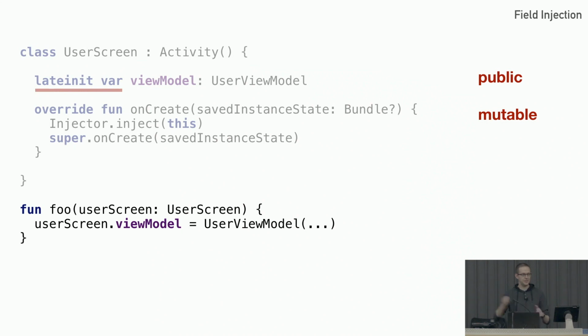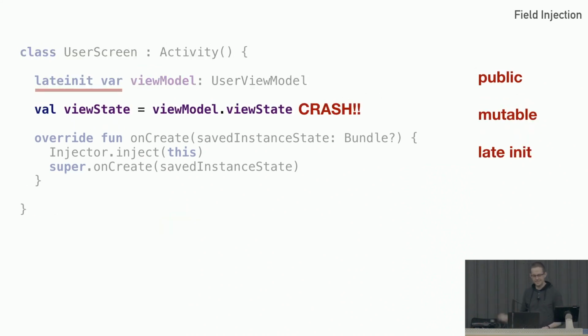Second thing I don't like is that it's mutable. Again, I'm picking on Android, but the concept of a view model is that it's persistent throughout the life of that view or of that screen, regardless of the configuration changes. That's their whole point. But with it being mutable, you would be able to set a new view model whenever you want. And not that you really want to do that, but you can. And stylistically, just don't.